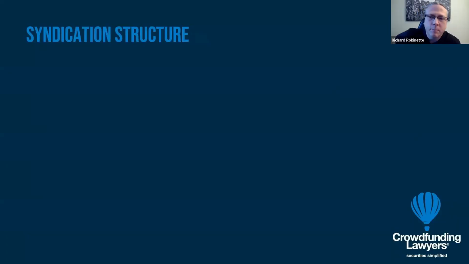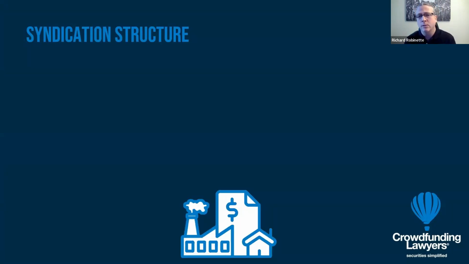I just wanted to make an illustration of syndication structure. So this is going to be typical of how a deal is structured. It doesn't even really matter what kind of deal it is. It could be a note deal, it could be real estate, it could be a business. Who knows? But we're going to have some kind of business entity, probably an LLC, that is going to own